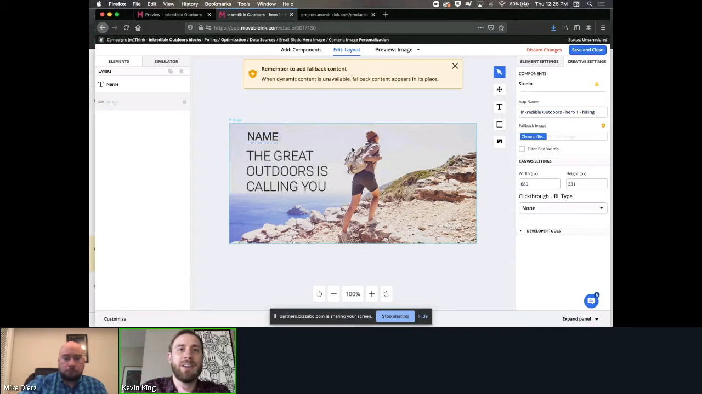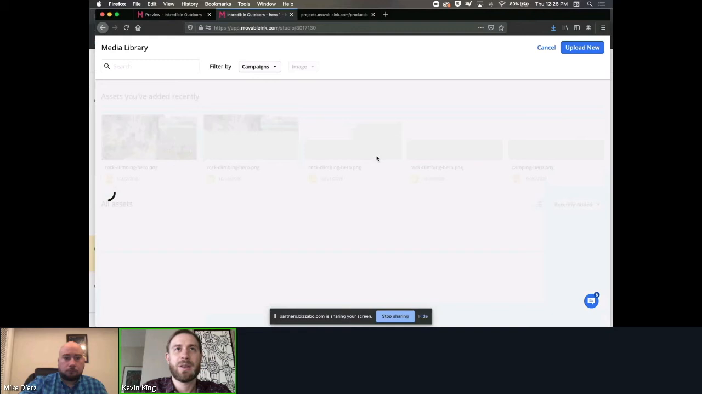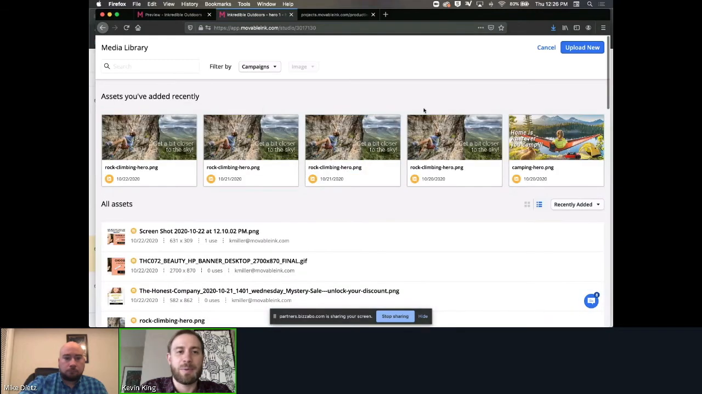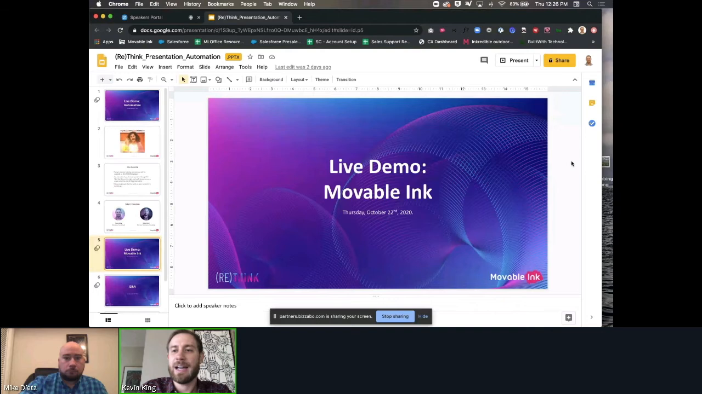Movable Ink has an awesome feature to help with this that a lot of people don't know about. I use it all the time. If I right click on the background image and hit replace image with same dimensions, it will bring me to the media library where I can pull in different graphics here, upload new ones, or another thing that we can do here is if I drag and drop this image,